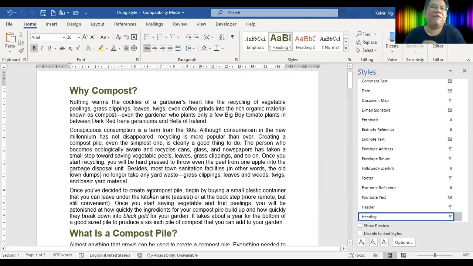So imagine if you have more than 100 pages that you need to modify. Something like this will help you save a few hours of formatting, and you will not miss out anything. But if you didn't start off with heading 1, heading 2, heading 3, the problem that you're going to have is